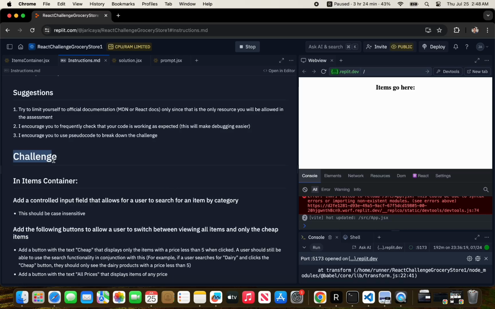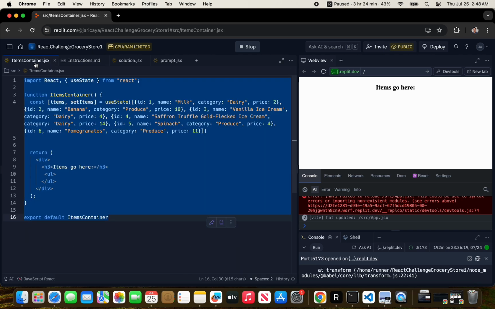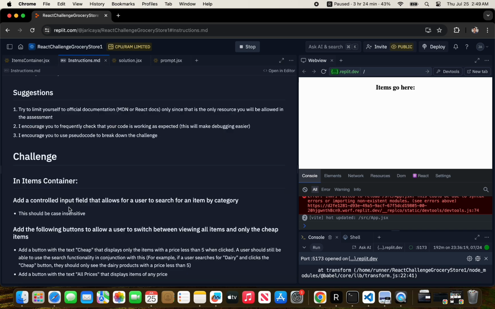We are going to do a filter challenge today for our container, which consists of grocery items. We are going to make sure that we create an input box for our users that can search different types of category and different items in it. It has to be case insensitive so that we can have different cases and it will still show up those